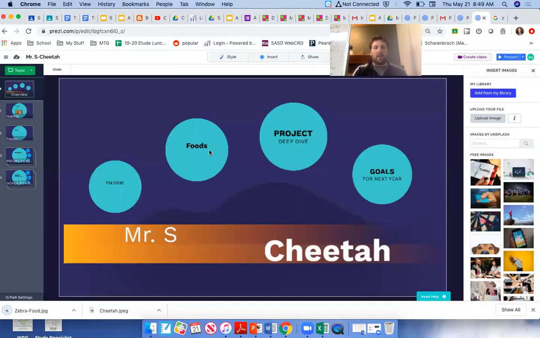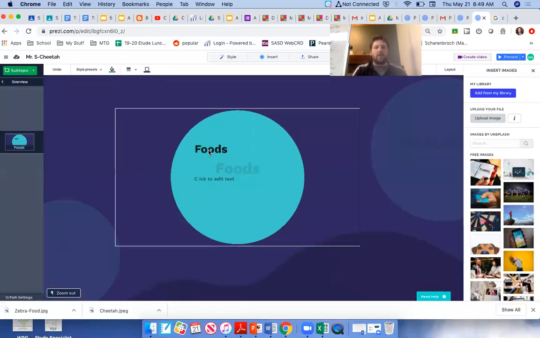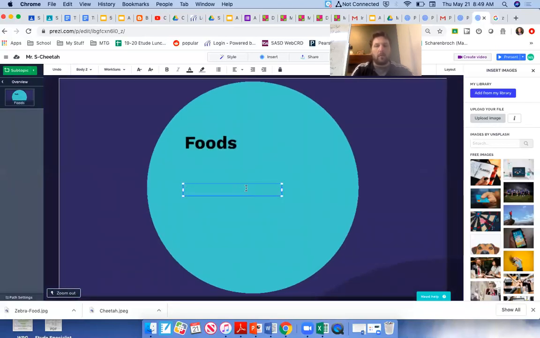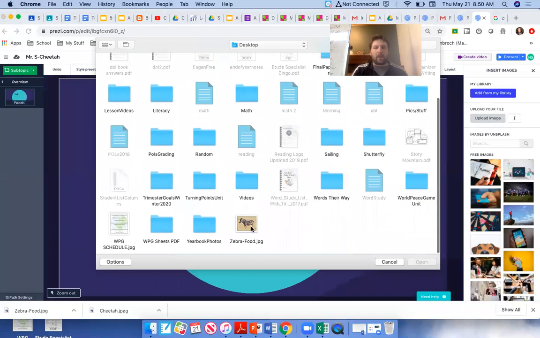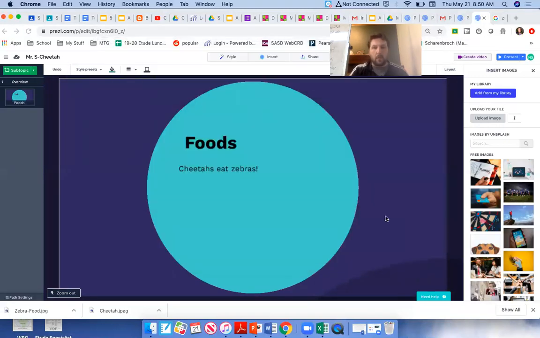So when I go back in here and I want to put in my zebra picture for the foods category, cheetahs eat zebras. And ideally you have more than just that, because that seems pretty light. Now I'm going to go to upload image, not add from my library. I messed up before. Upload image. And then I'm looking at my desktop, and I can find my zebra picture. And then I just hit open. And voila,